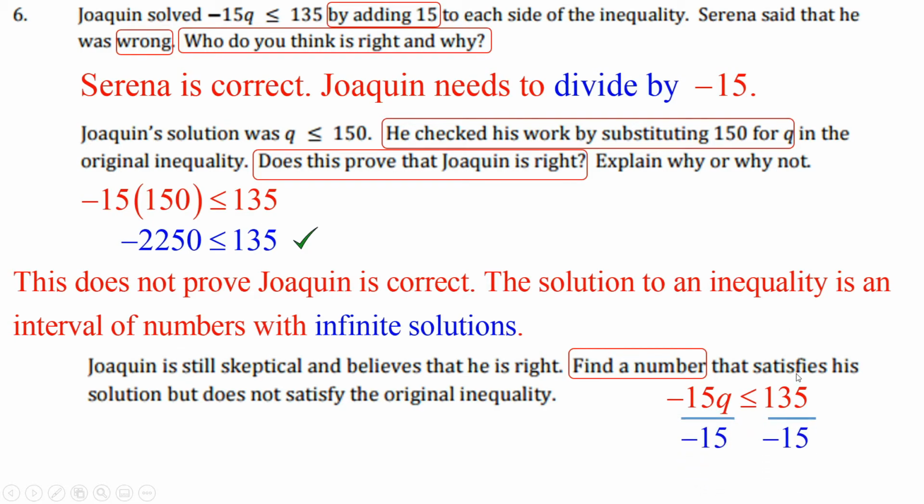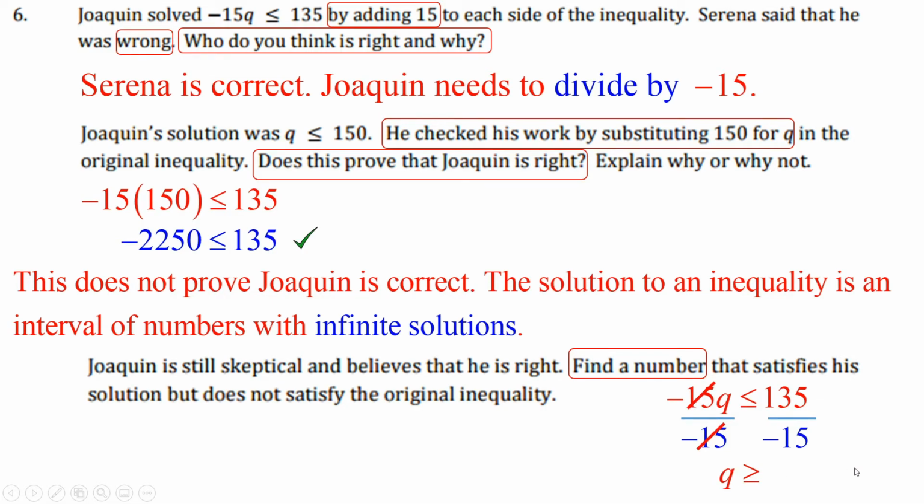All right, and remember, when we divide an inequality by a negative number on both sides, we have to reverse our orientation. So this less than or equal to is now greater than or equal to. And on the left, the -15's cancel, and we have q is greater than or equal to